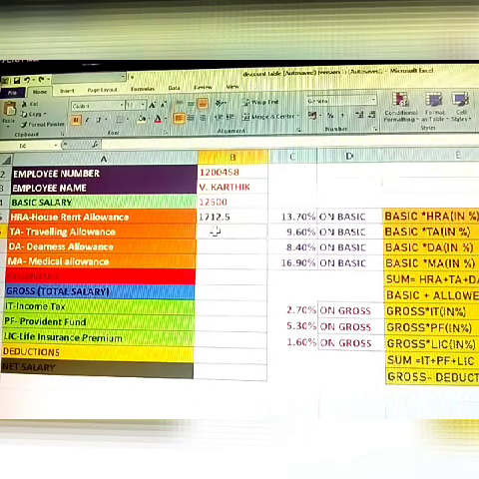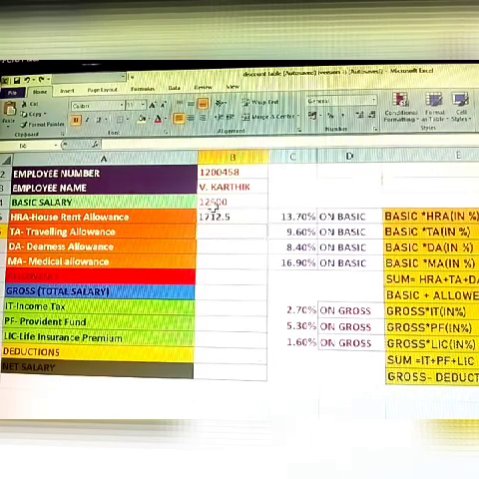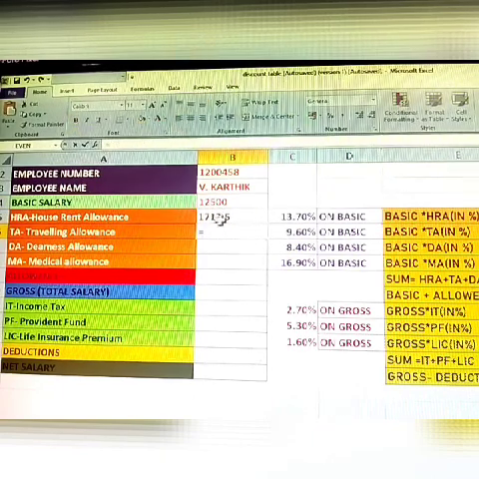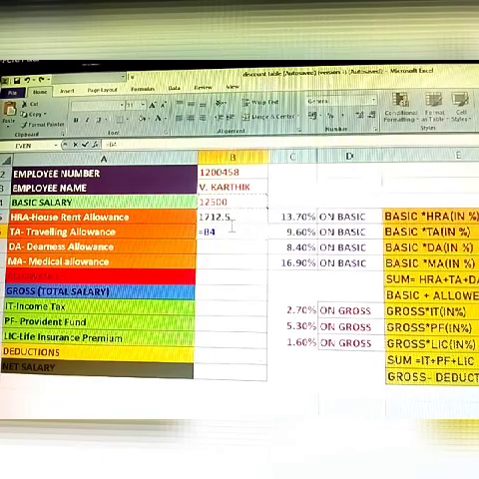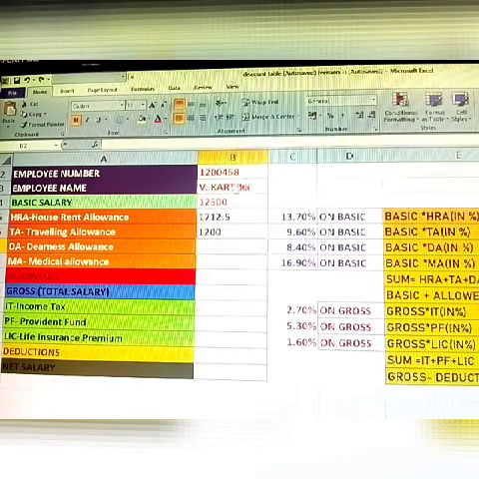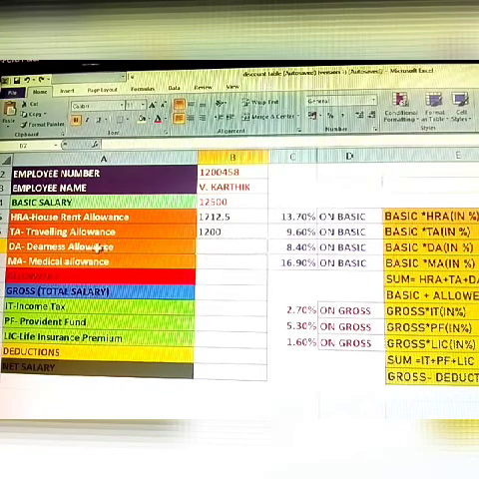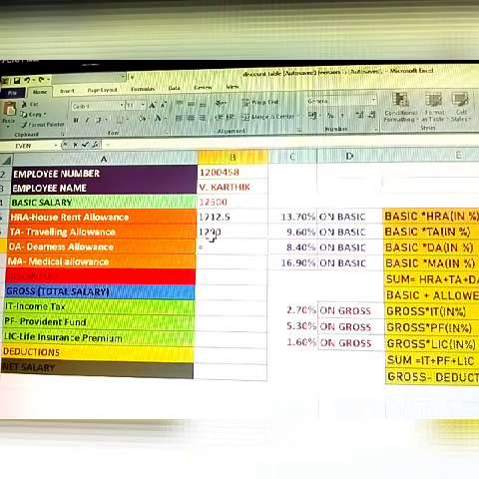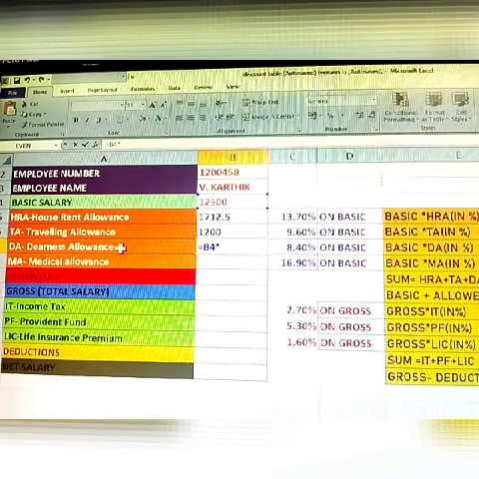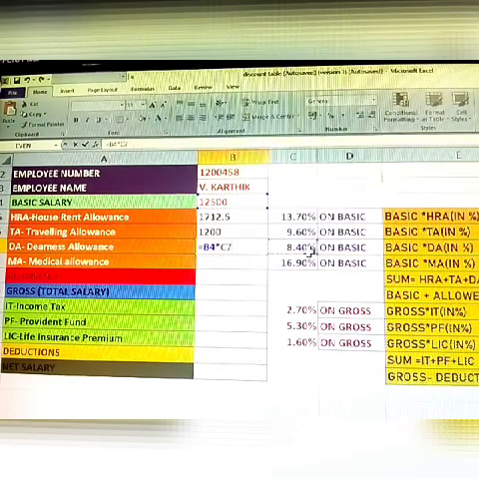Next, travelling allowance. How to calculate it? Same: type equal to, select the basic salary and shift 8, then select the TA percentage, and click enter. Next, dearness allowance. How to calculate: equal to, basic salary, multiply with shift 8 and the DA percentage.